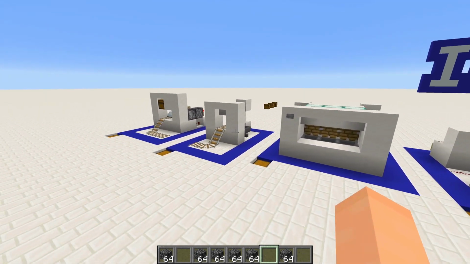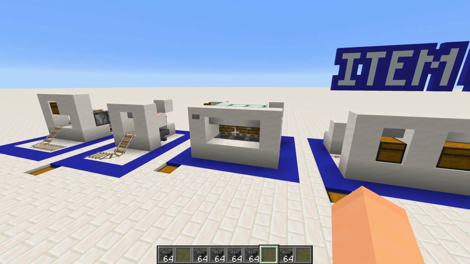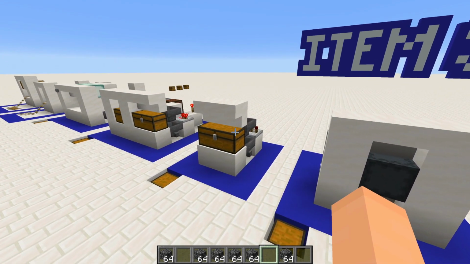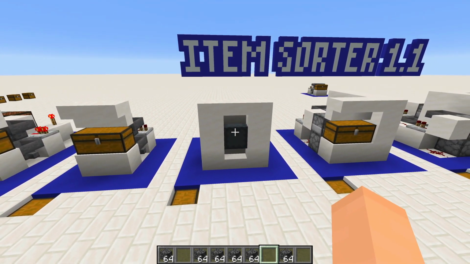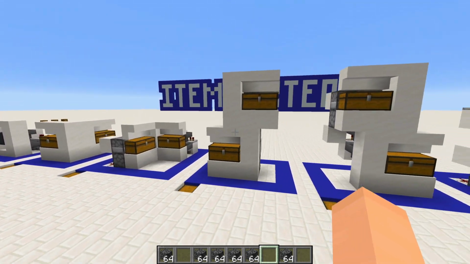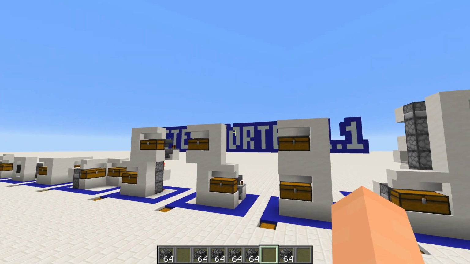So these are all of our inputs. This is an input using minecarts, and this is an input where you can put in shulker boxes. And then we have our starting system and a few basic modules, so this just sorts it into a chest, while this one sorts items into the shulker box. And then we have a few different movement ones, so these ones turn the system, these ones go up and down, and this one will loop the item sorter back around